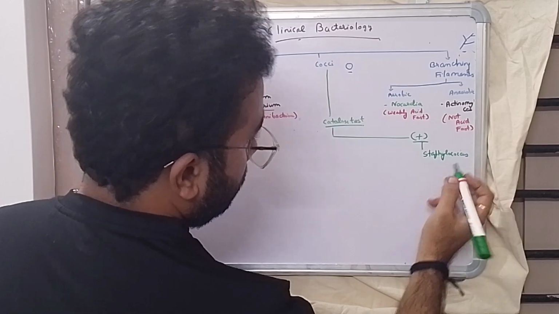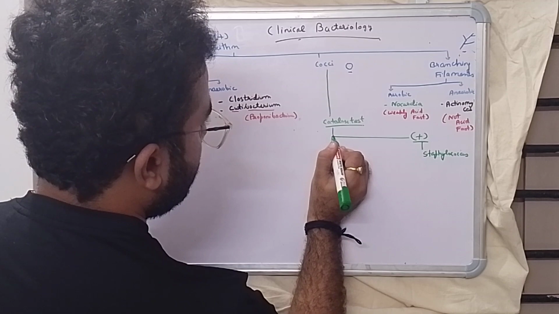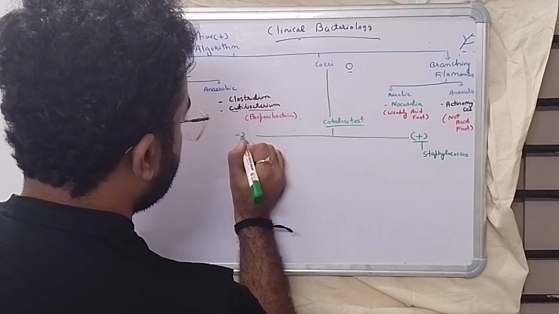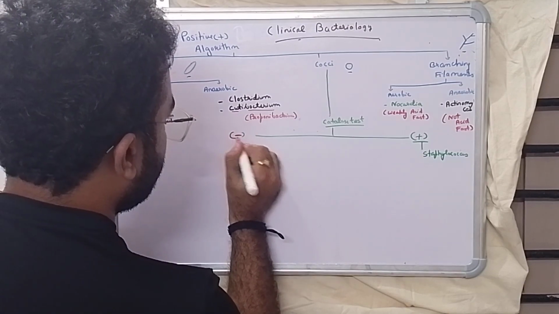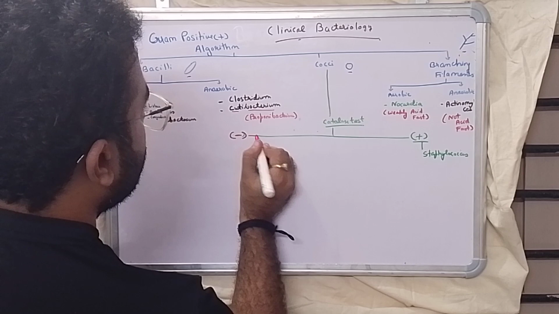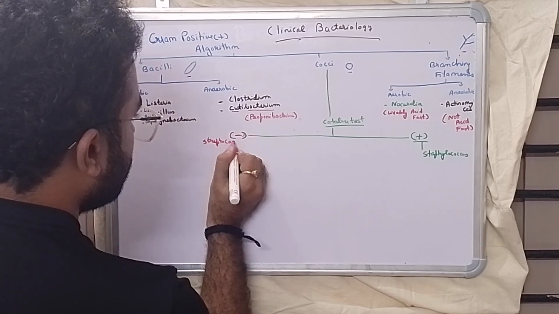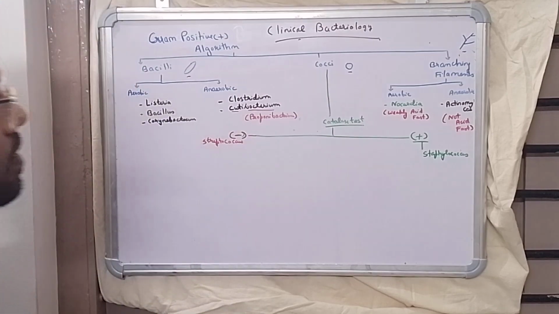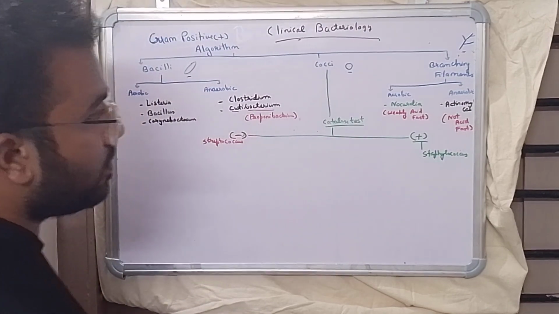Now, if it is negative, I will better write in red so you understand it's negative. So here positive means Staphylococcus, negative means Streptococcus. It is very simple. Now we will further divide this